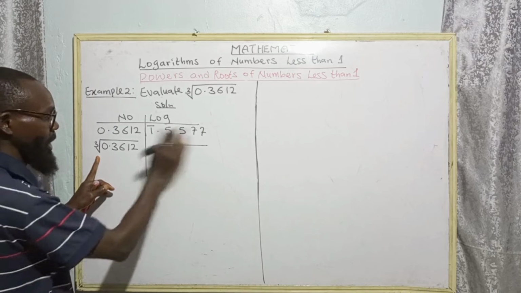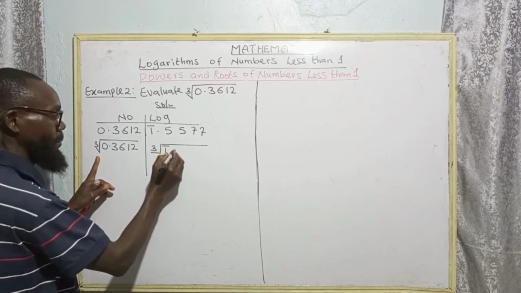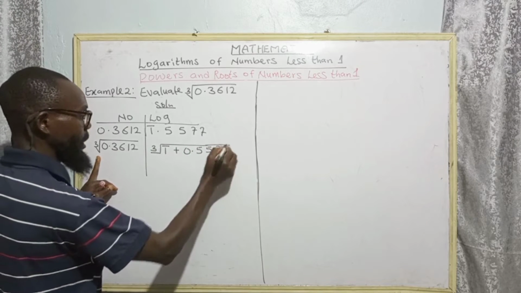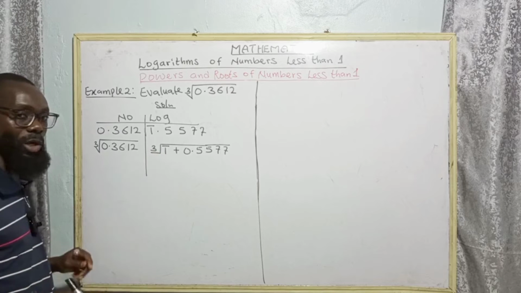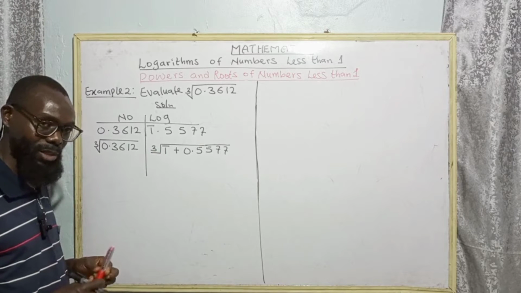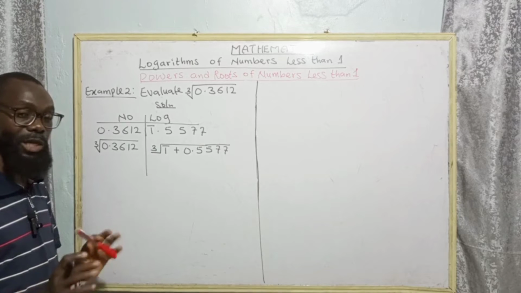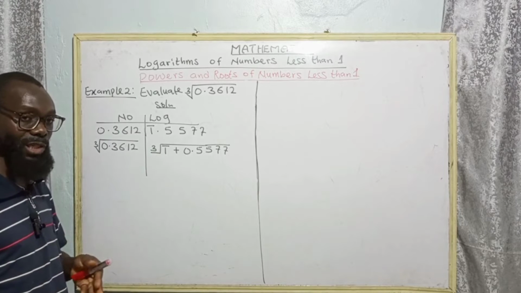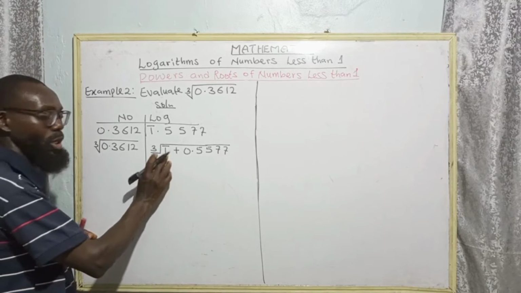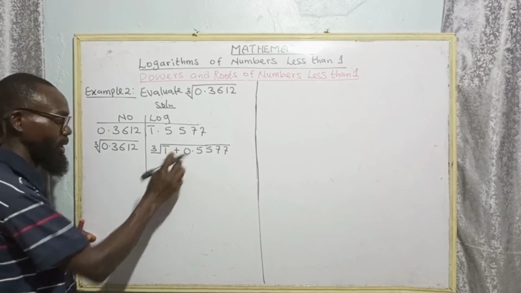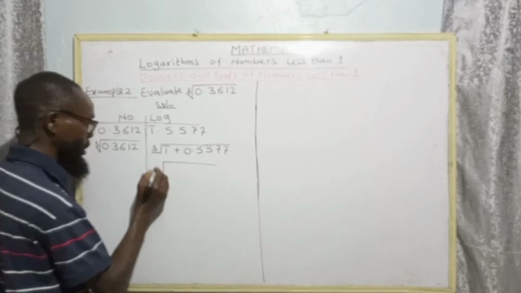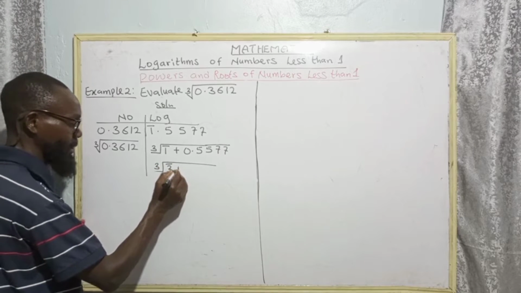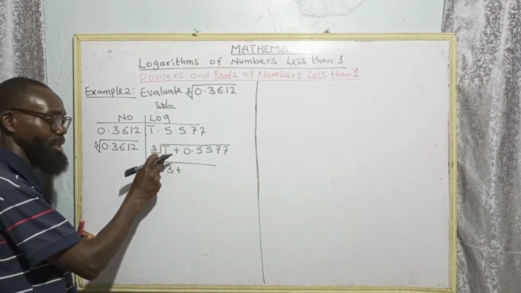Put 3 here. So here we have bar 1 plus 0.5577. When you look at this, 3 cannot go in 1 without a remainder. So we look for a number that 3 can go in without a remainder. So which means I have to increase this one by 2, by minus 2, to give me minus 3. So increase this one by 2, you are going to add the 2 to this 0. So I have it this way. 3 here. So here now I have bar 3 plus, since I have added 2 to this one, add it here again,